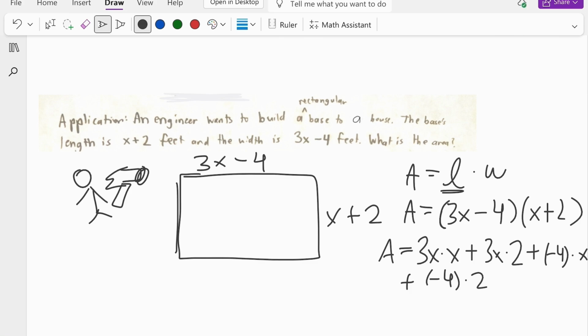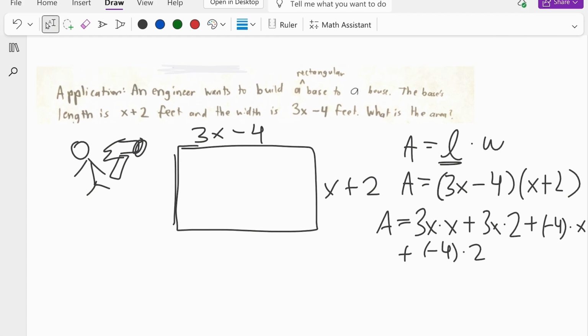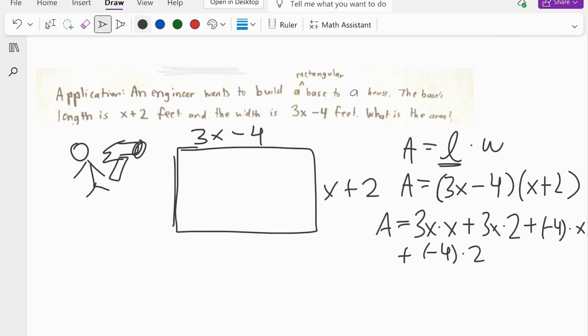Eventually we're going to get that 3x squared plus 6x minus 4x minus 8 is the fully